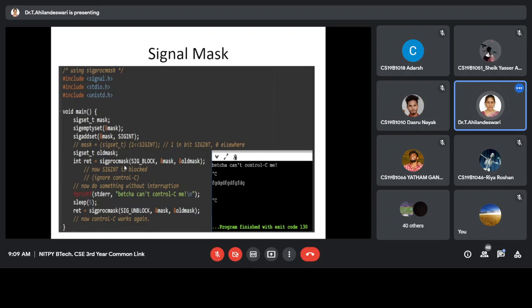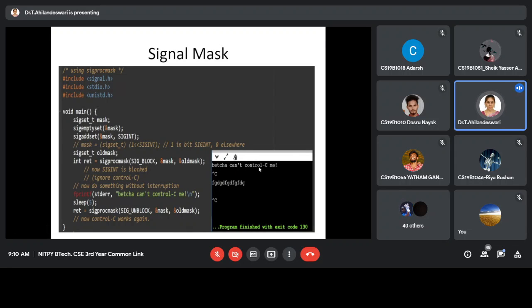Then by calling signal process mask, we are adding the signal. So if I press Control C, it should not control the program. So actually Control C is used to terminate the process. So when you press Control C, it should not have an effect. So that we are specifying by using this mnemonic, SIG_BLOCK, mask. So mask contains SIGINT. So SIGINT is added. Okay, SIGINT is added. So here I am displaying some set of statements and then I am executing SIG5.